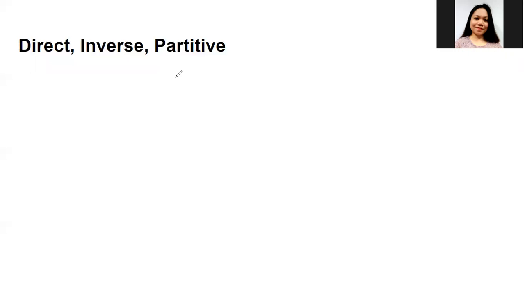Before we begin, let's review these three terms first. When you talk about direct proportion, basically, it's direct, right? Direct means if one thing goes up, the result also goes up, or if it goes down, then the result also goes down. Examples of this would be, for example,